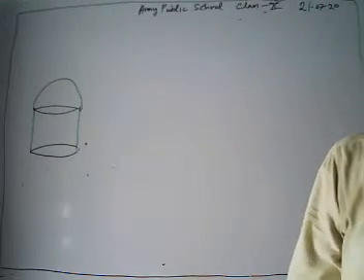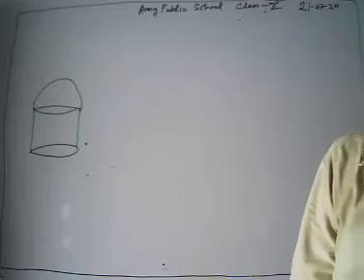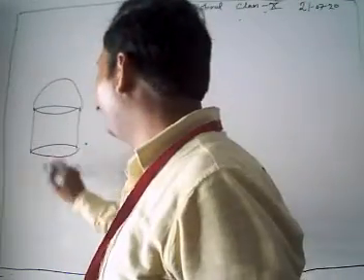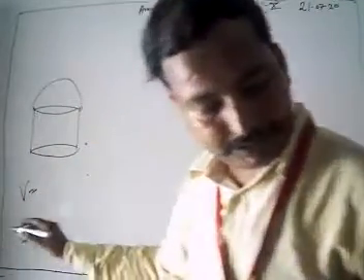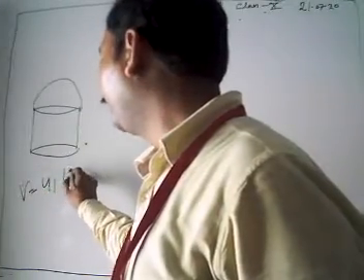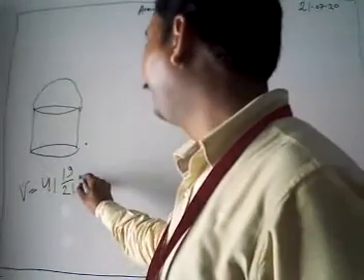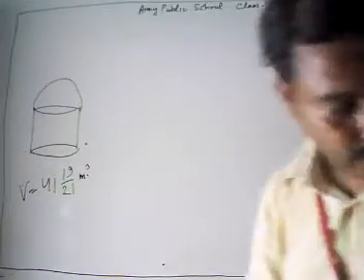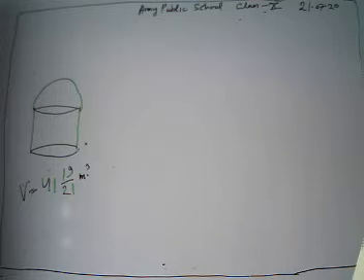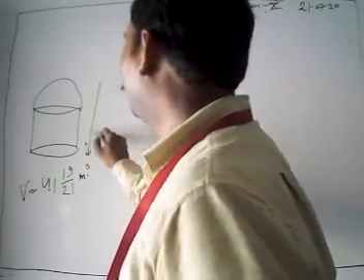The building is surmounted by a hemispherical vaulted dome and contains 41 whole 19 upon 21 meter cube of air, which means its volume is given as 41 whole 19 upon 21 meter cube. If the internal diameter of the dome is equal to its total height above the floor, find the height of the building. We have to find out the height of this building.